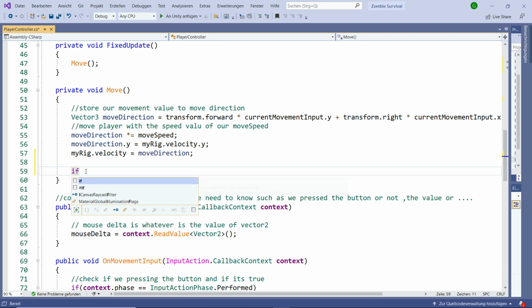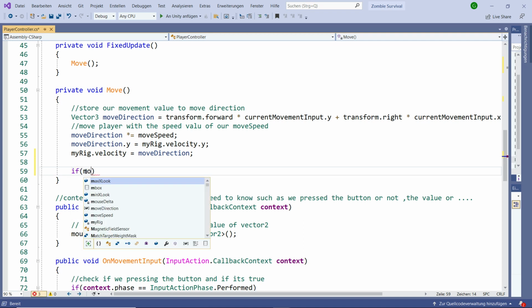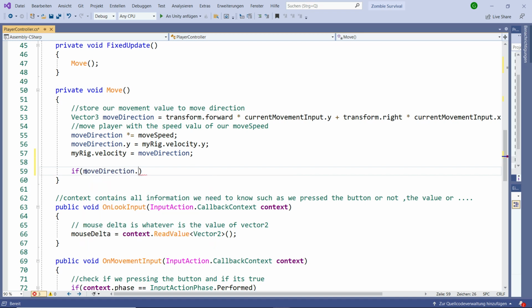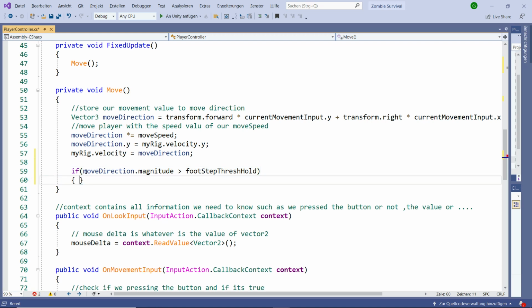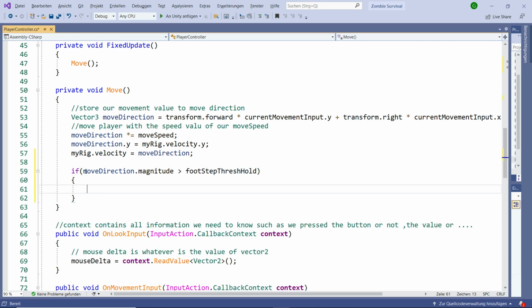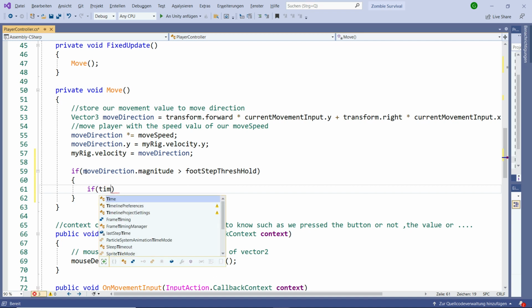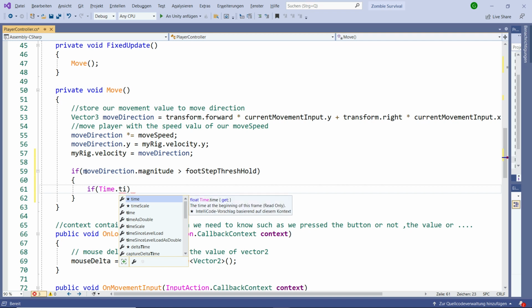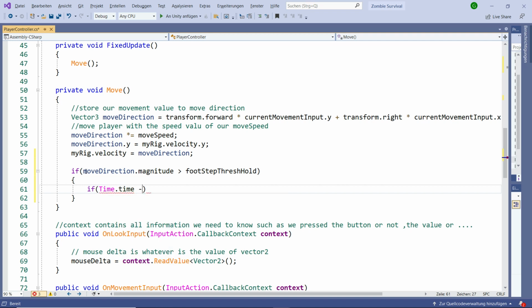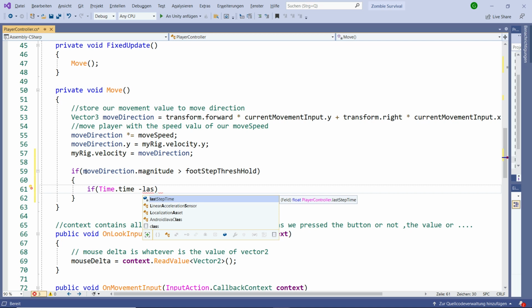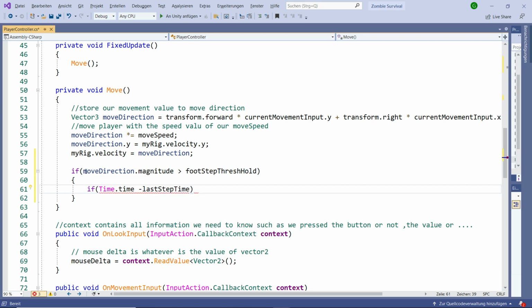So if moveDirection.magnitude is bigger than our footstep threshold, then inside of that we want to say if Time.time, our current time, minus last footstep time is bigger than our footstep rate,